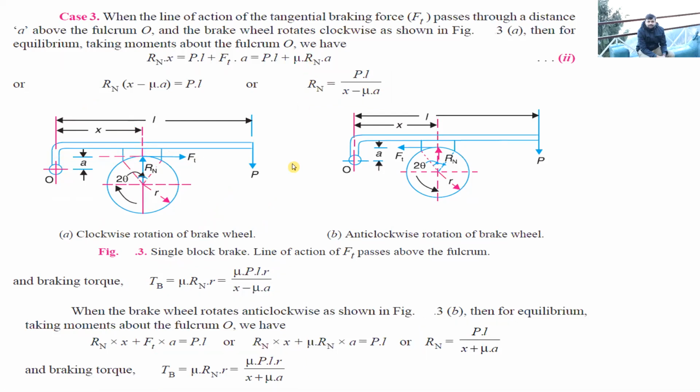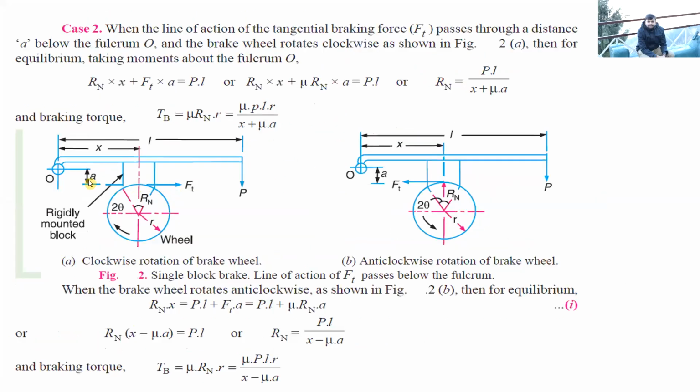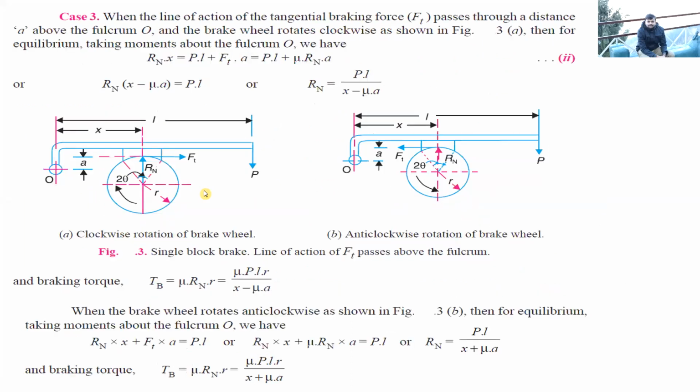Now let's analyze all these three once again. In the first case, the line of action of Ft force was passing through this fulcrum. In the second case, the line of action is below the fulcrum. And in the third case, the line of action of this Ft force is above the fulcrum. So the difference,